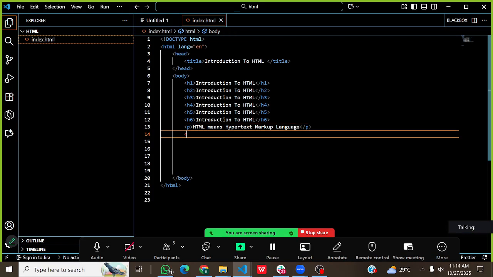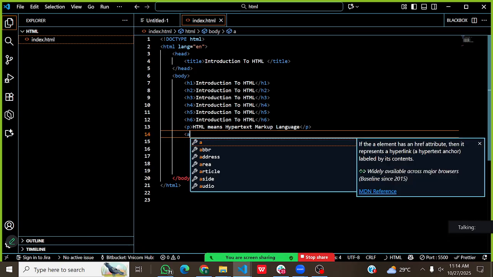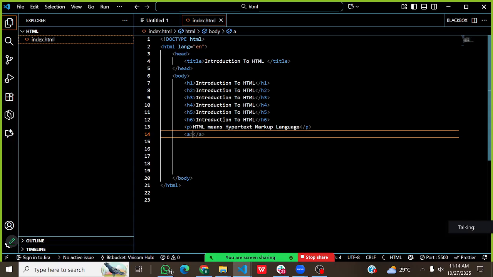the anchor tag. So anchor tags are called the link tag. If you want to write links,